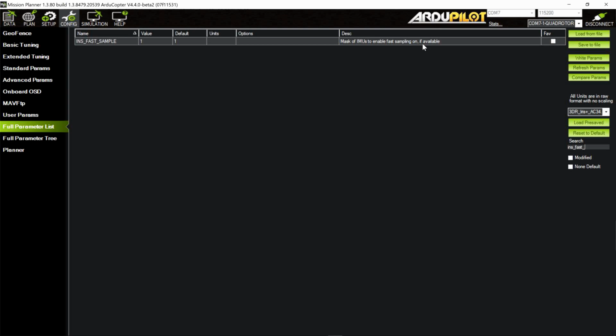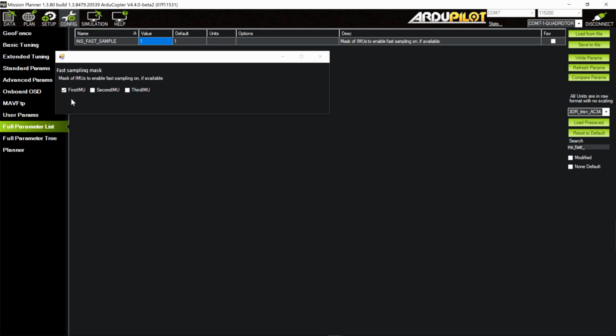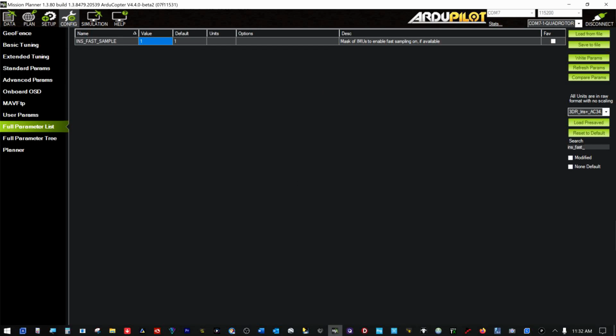Mask of IMUs to enable fast sampling on if available. So if we click here, you see a 1 is the first one, a 2 would be the second one, 3 would be the first and second one, 4 would be the third one only, 5 would be the first and third one, 6 would be the second and third one, and 7 would be all three. Okay, I understand binary numbers, but